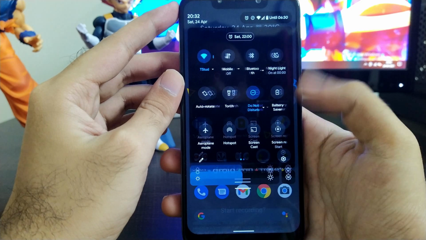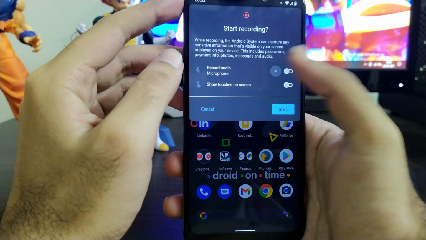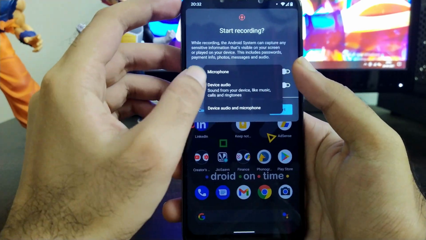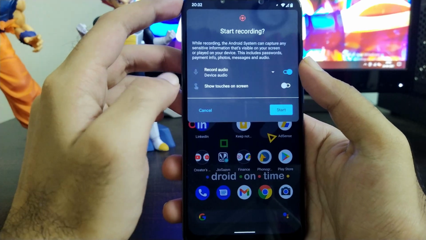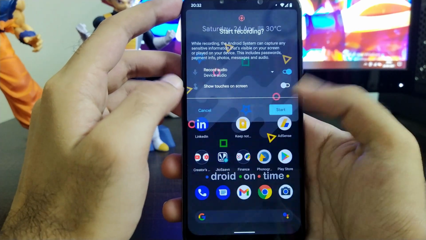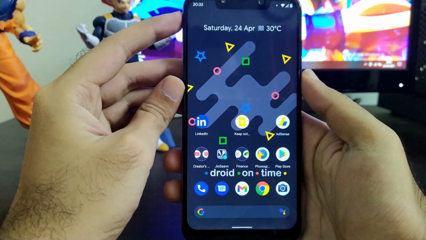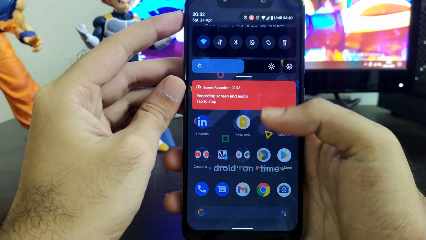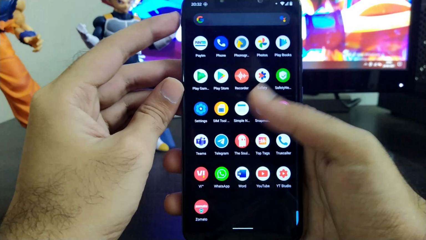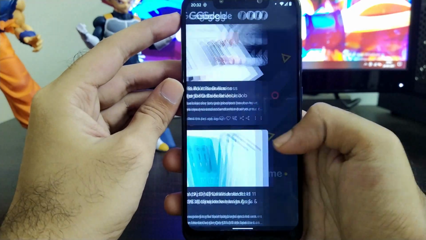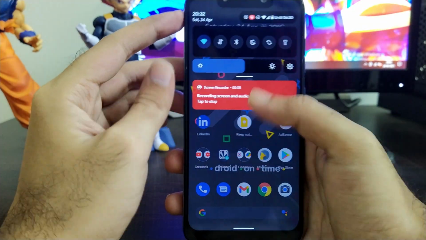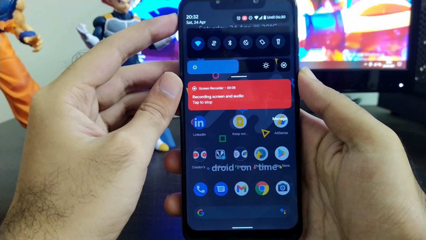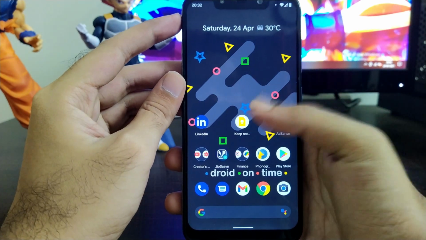Moving further, the ROM also has screen recording, and surprisingly this screen recording doesn't lag at all and every sound is captured whichever you enable in the option itself. This is how the screen is now getting recorded, and let me record a small clip for you so that I can show you the footage also. So here we go, our screen recording has been completed, and now let's see the preview, how it got recorded.